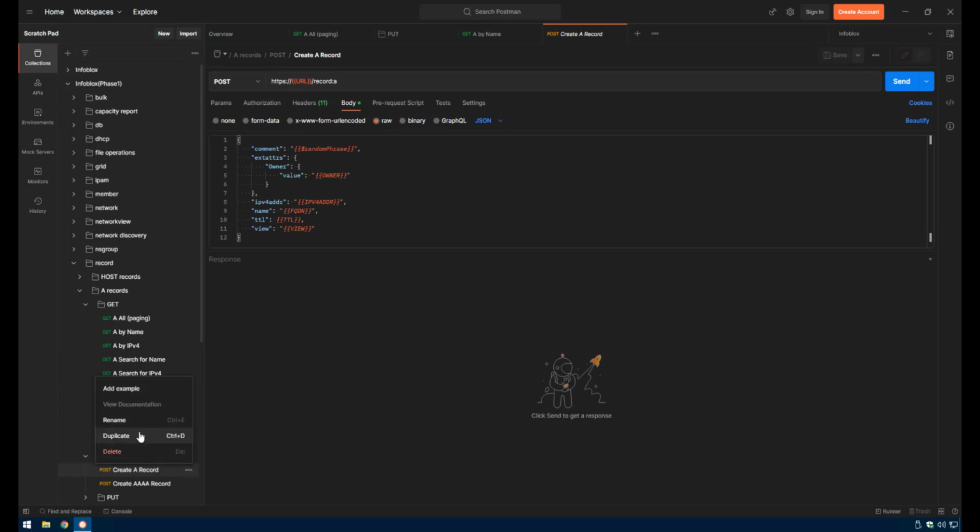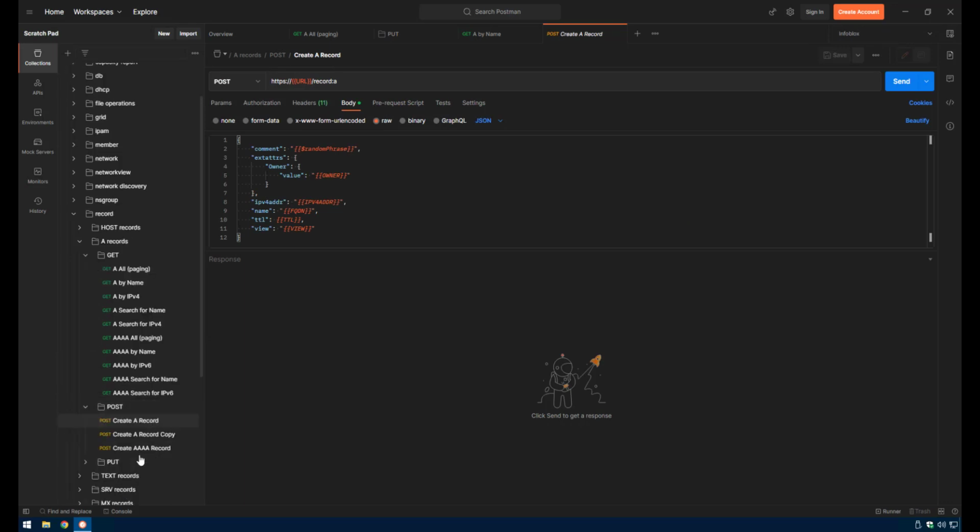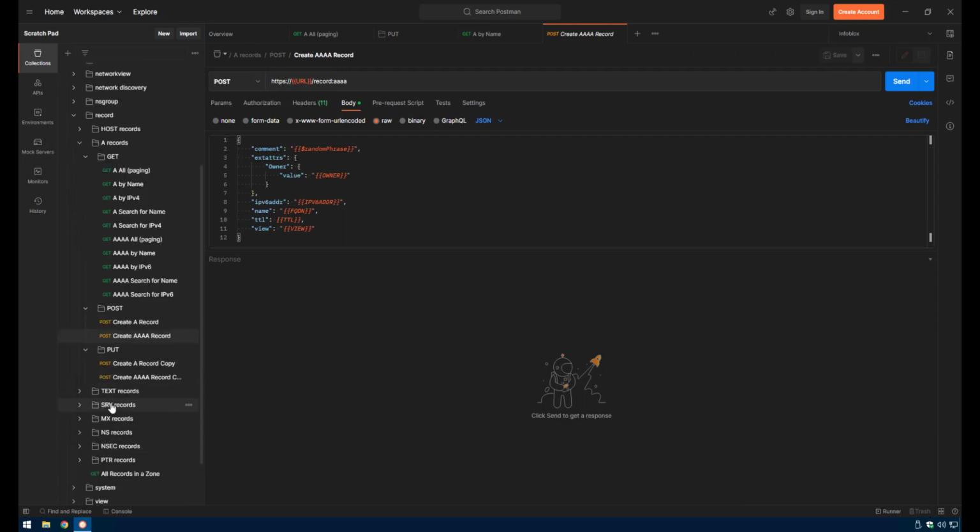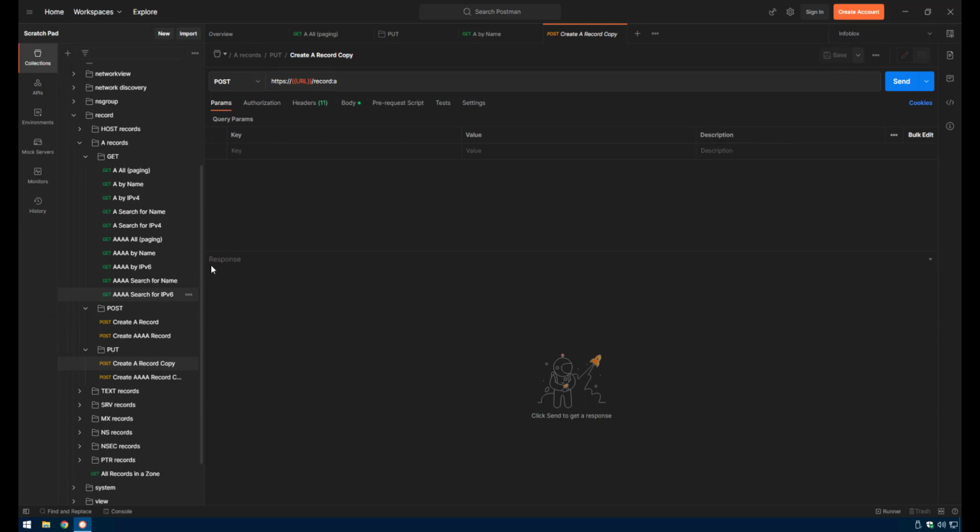In order to craft the put requests, I can duplicate the post methods to provide a starting point. Once I've made copies, I move them to the put folder and edit the resource definition,